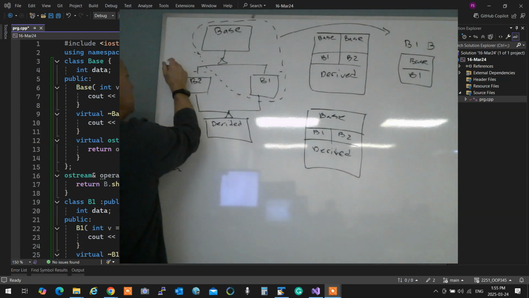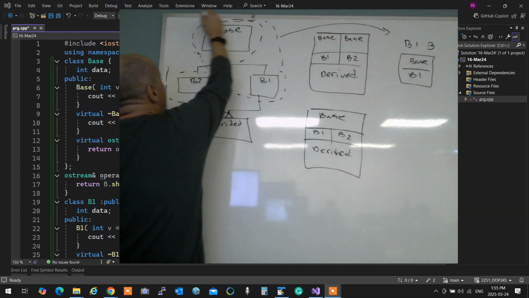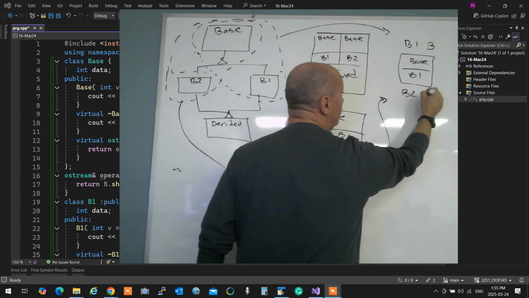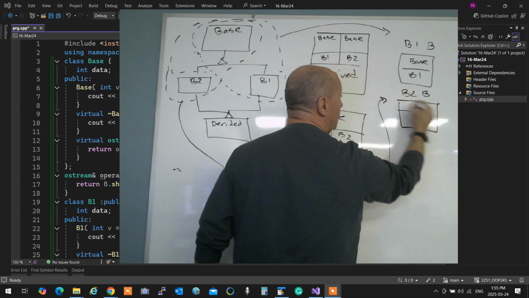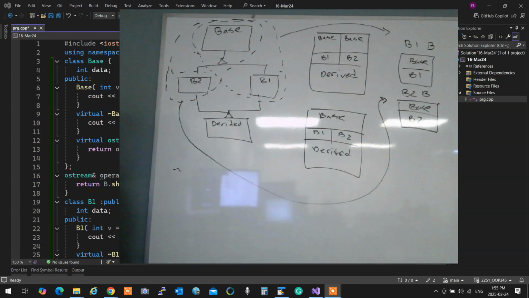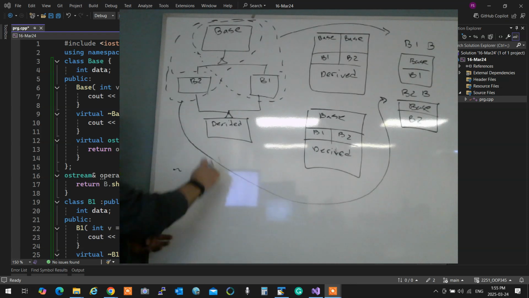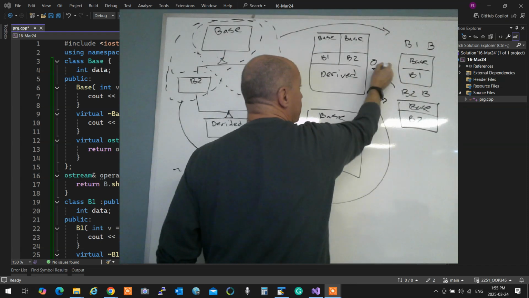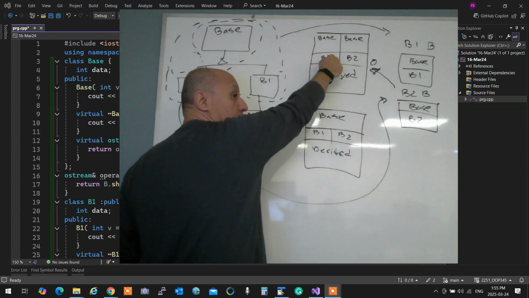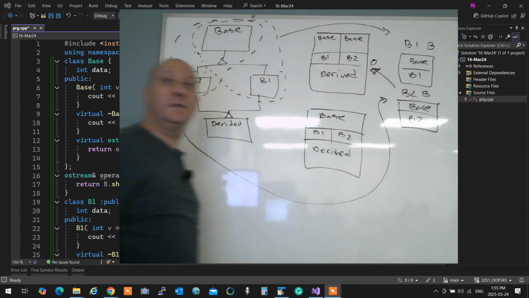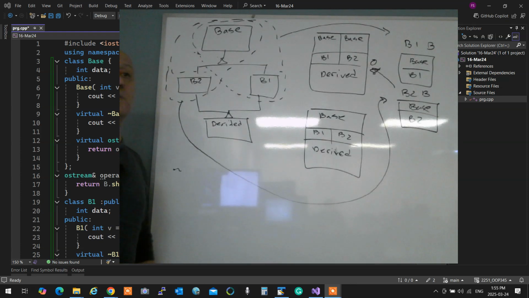If I only had this one, then if I create B2, it would have a base and a B2, correct? So if I have the whole thing, logic dictates that number one is the one that's going to get created. Because when it creates B1, B1 has base in it. When it creates B2, B2 has base in it, and derived will get created. Right? And that's actually what happens.